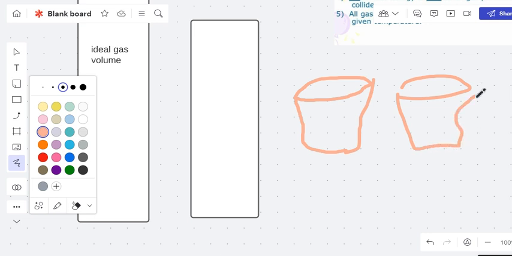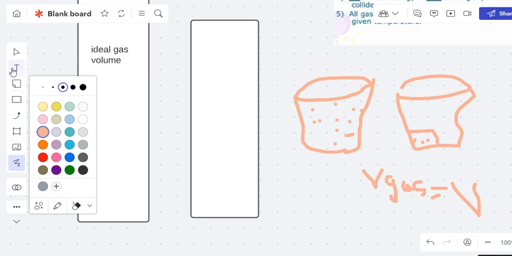These are the two containers here, right? So here you can see that the gas molecules are spread all over the container. They are point masses, right? But if we increase the pressure and collect all the gas molecules, the volume is negligible, which means we always take the volume of the gas to be equal to the volume of the container. Volume of the gas is always equal to the volume of the container, right?